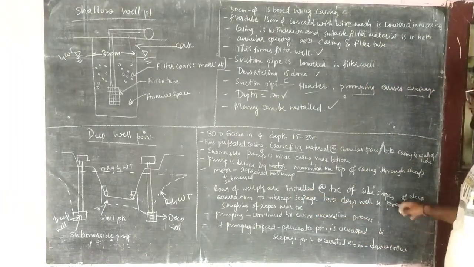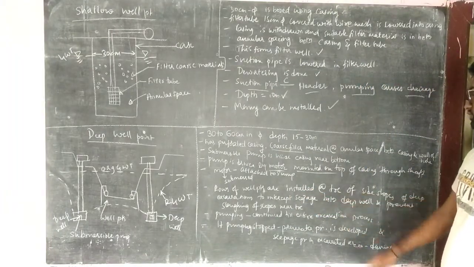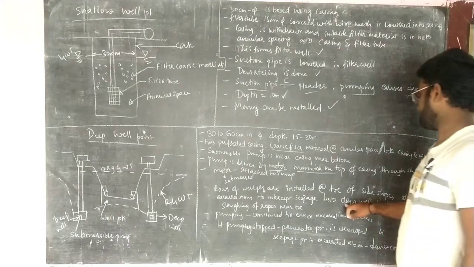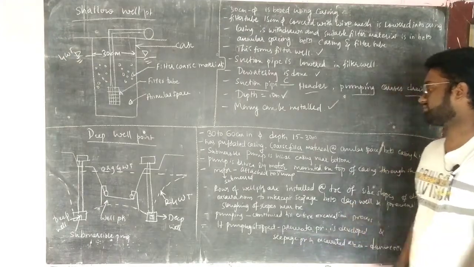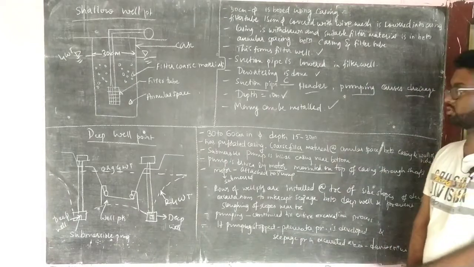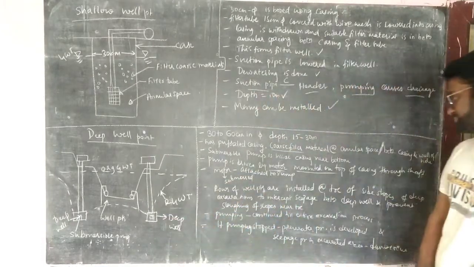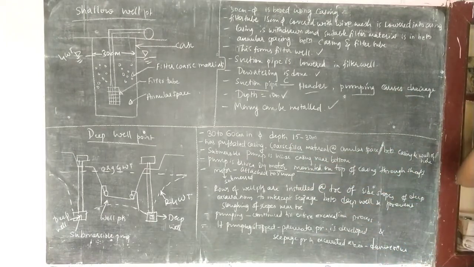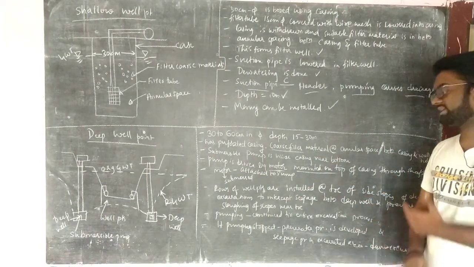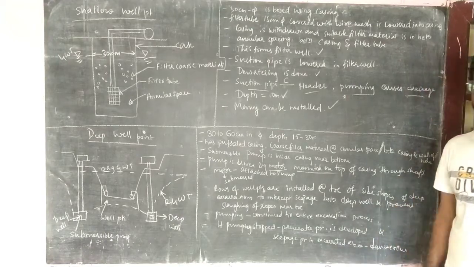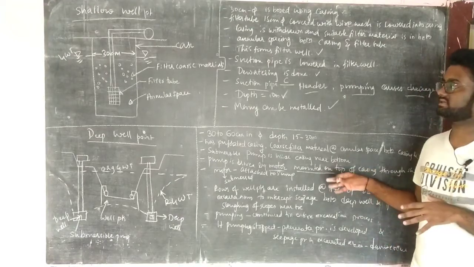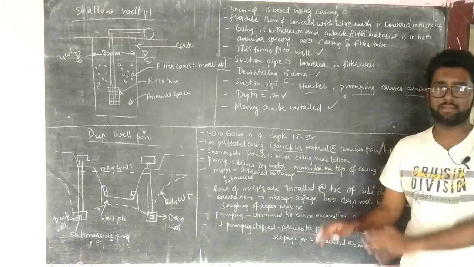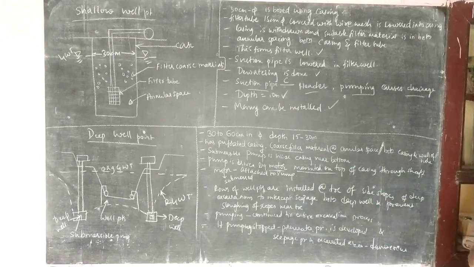Because of the installation of the side slope and the row of well points, an excavation is made, and the seepage between the deep wells is prevented because of the flattening of the slopes near the toe. Until the completion of the entire excavation process up to the depth of 15 to 30 meter, pumping is continuously done. That means the water present in the deep well point is continuously removed, and there is a creation of voids, and because of that there is a formation of annular space.